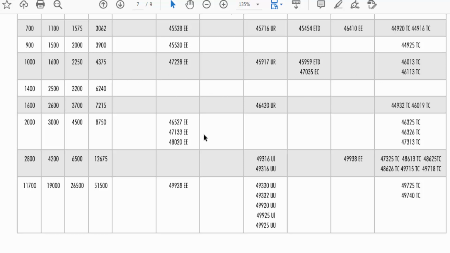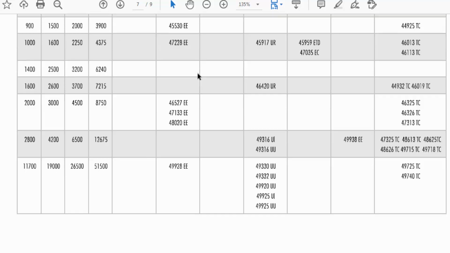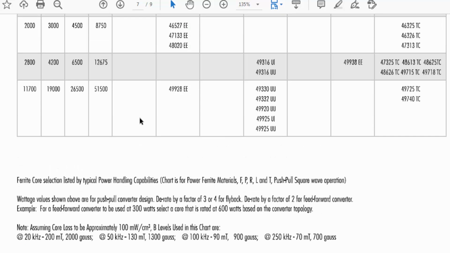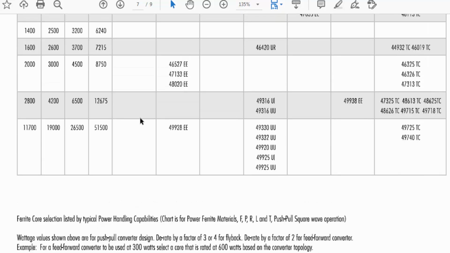But remember that if you want to use push-pull technology, then you will use this core. And if you use another technology with unipolar magnetic operation, it is different from bipolar. It is very understandable and a very deep point.